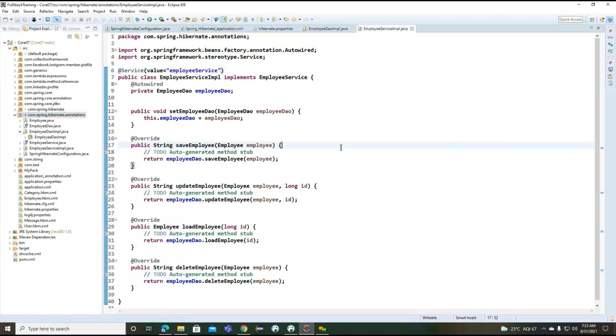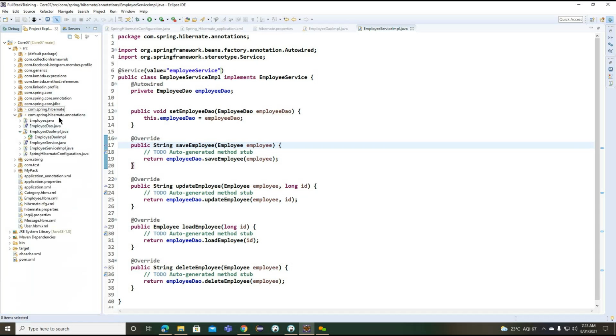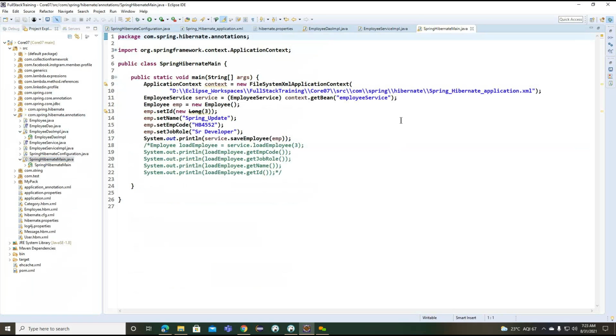Now the final one we need to create is our main class. The same main class I want to copy into the annotation package. But if you observe carefully, we are not using XML configuration.